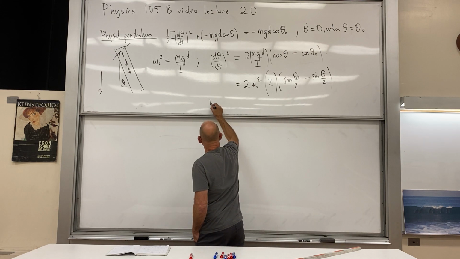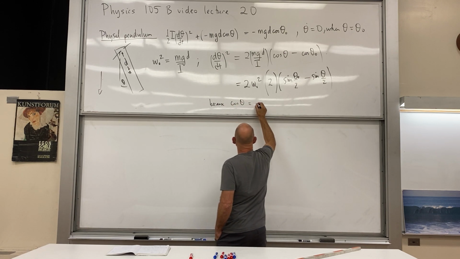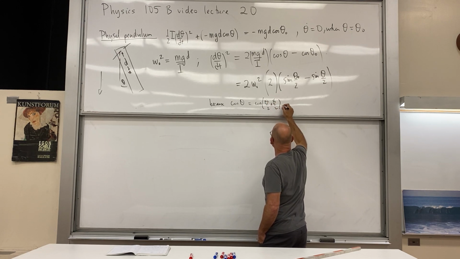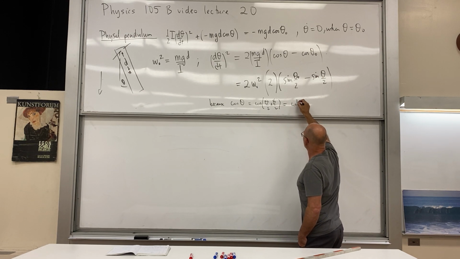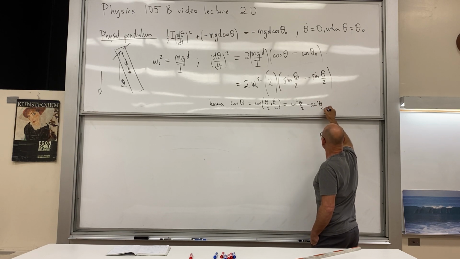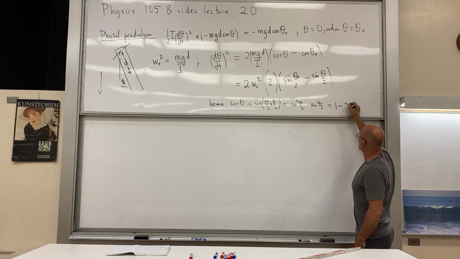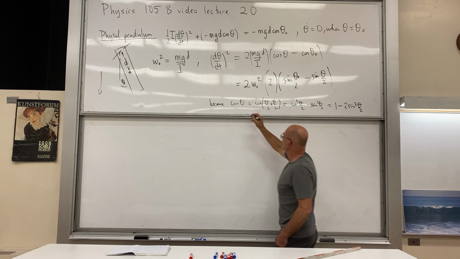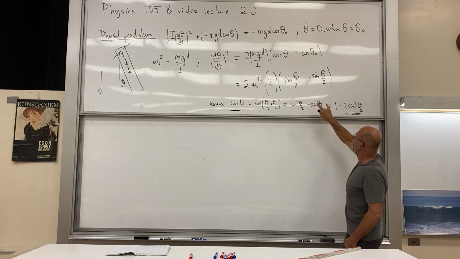So I'll write here, because cosine of theta is the same as cosine of theta over 2 plus theta over 2, right? And then we have the addition and subtraction formulas. Here we would have cosine squared theta over 2 minus sine squared theta over 2. And then we'd have 1 minus sine squared minus sine squared. So that's what we get, 1 minus 2 sine squared theta divided by 2. So we've got that substitution here. And that's where the 2 comes from, and that's why we switch the order